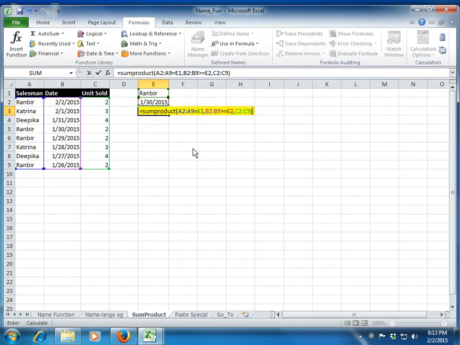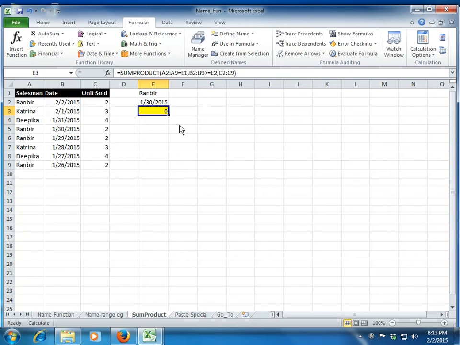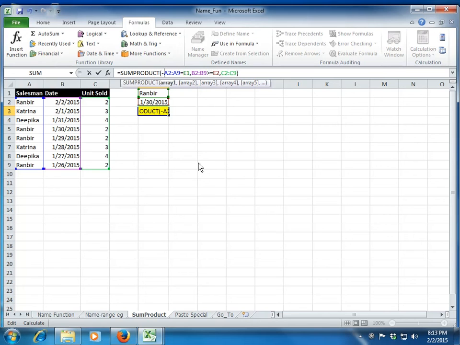But here, if I simply press enter, you will see that Excel doesn't give me any value, it gives me 0. Now, why does it give you a 0? It is because Excel still recognizes the value as a boolean, as true false. To make it a numeric value, I apply any mathematical operation. Let's say minus minus, which gives the same value. Here also I apply minus minus, and I think it should work fairly well now.